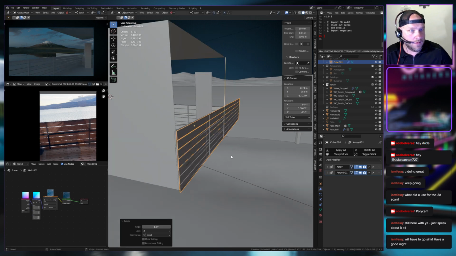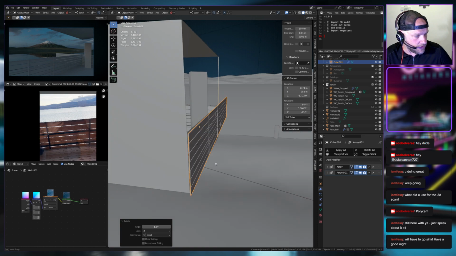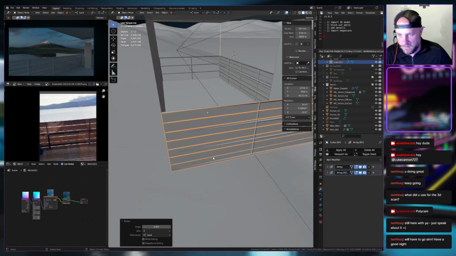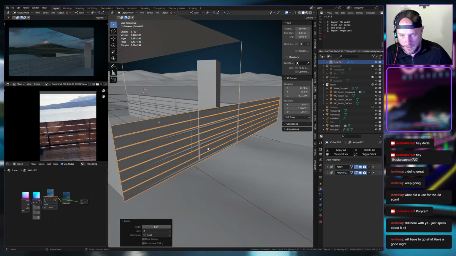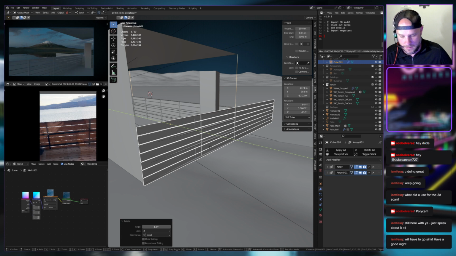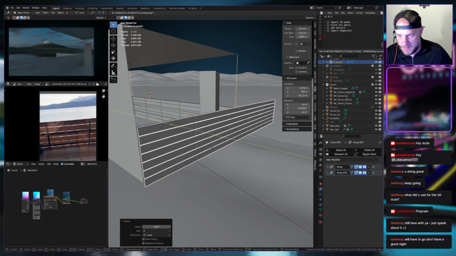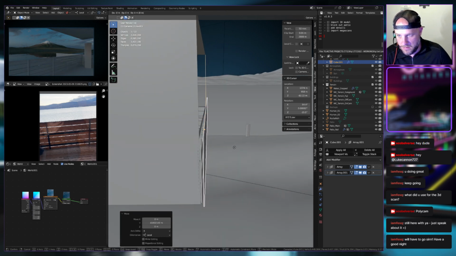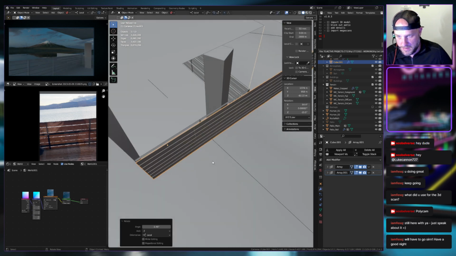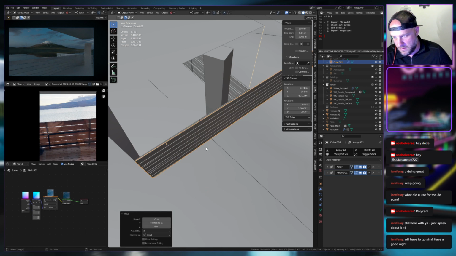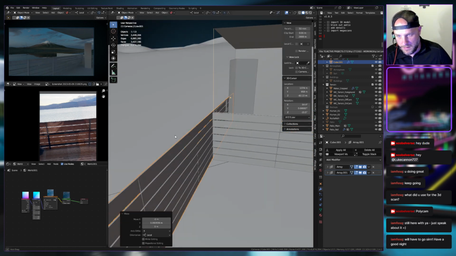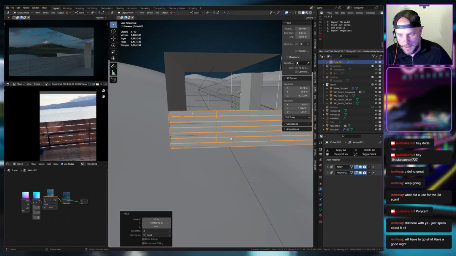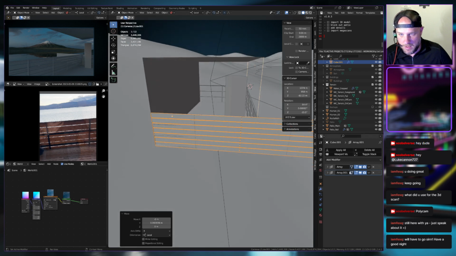Again, there's probably much better ways to do this, but let's go for it. Okay, so what we're trying to do is bring this out and basically just line it up as close as we can to this railing. And now the difference with this one is, because this is a duplicate, let's just actually get all these into,